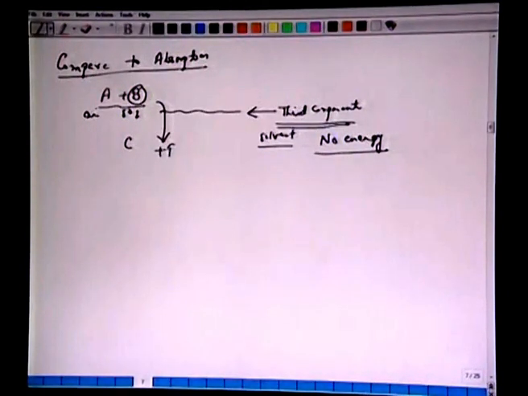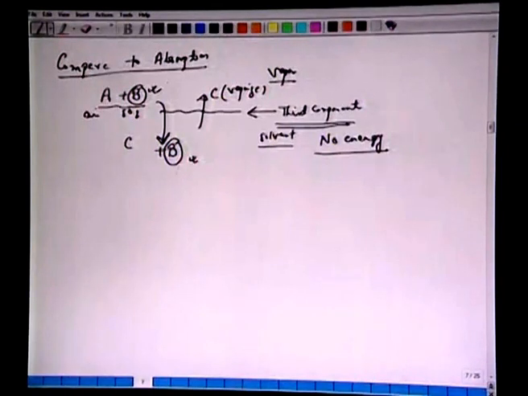So, we have C plus B, and there is a possibility of this C getting vaporized. All right. So, what we achieve here, look at the difference: sulfur dioxide is getting transferred into this. This vapor phase may be linear with sulfur dioxide, but the solvent phase is now getting richer with B here. So, we have one stream, A plus B, which contains a very small amount of B, but now we have brought this B transfer here by bringing in the third component.